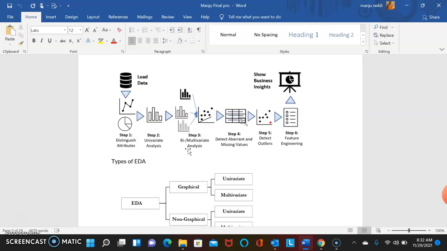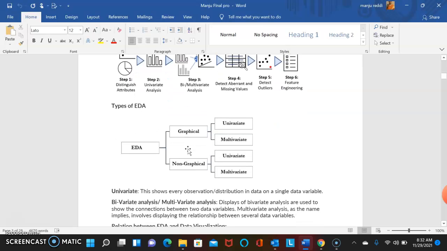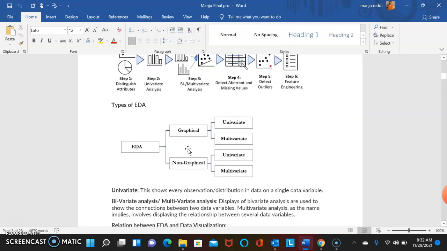Graphical excellence is that which gives the viewer the greatest number of ideas in the shortest time with the least ink or in the smallest space. And types of EDA: exploratory data analysis is divided into graphical and non-graphical, then subdivided into univariate and multivariate. Univariate shows every observation and